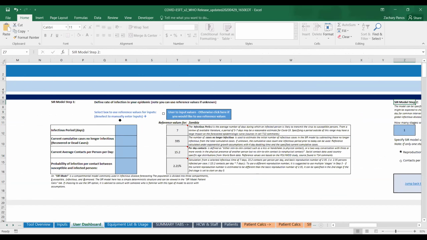And this transmission model, this SIR transmission model, has 3 different compartments, the S, the I, and the R. The S stands for susceptible, so those people in the population who are considered to be susceptible to COVID-19. I is infected, those who are infected, and R, those who have recovered.